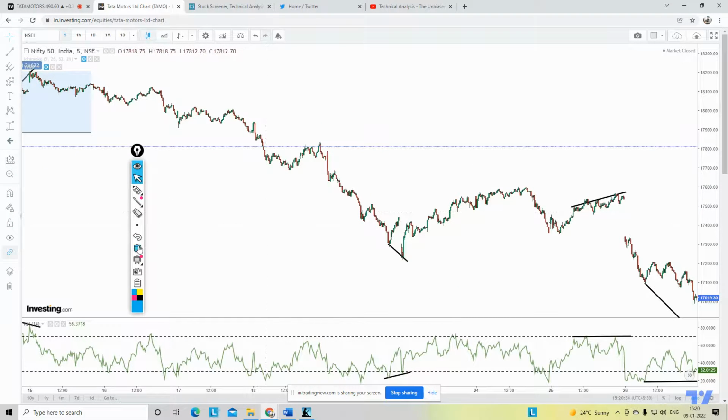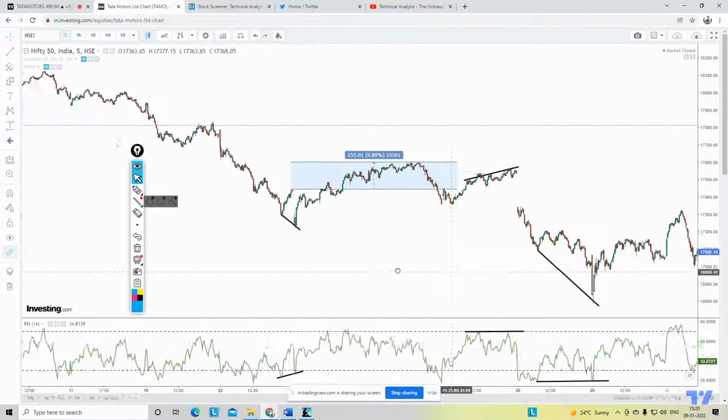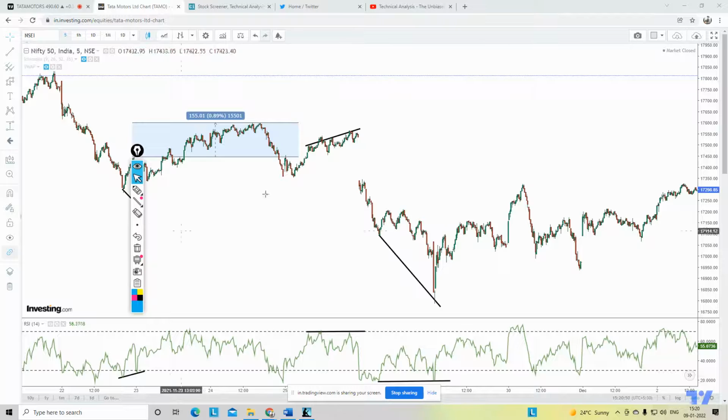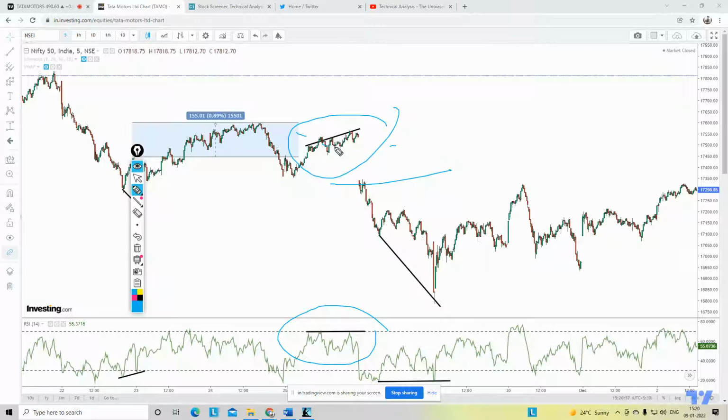Likewise, again you see this is a sign of a bullish divergence, correct? And the moment it broke this area, you had a good rally even with respect to intraday. Even if I say this, this is 155 points, not bad with respect to intraday. Again, you see there is a bearish divergence over here, neutral bearish divergence, and it broke with a gap.